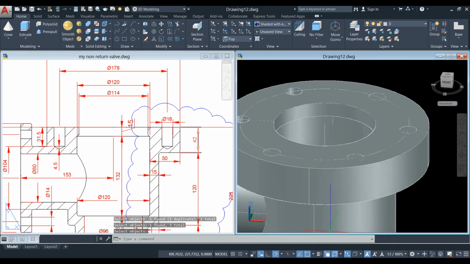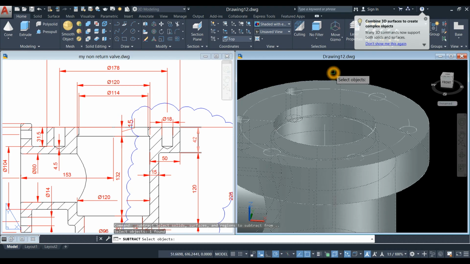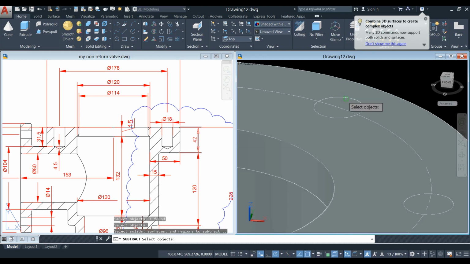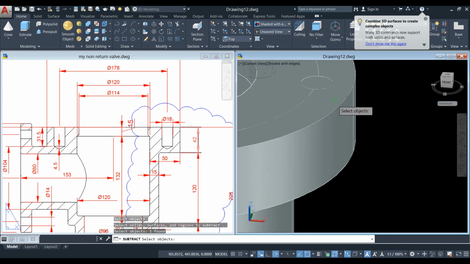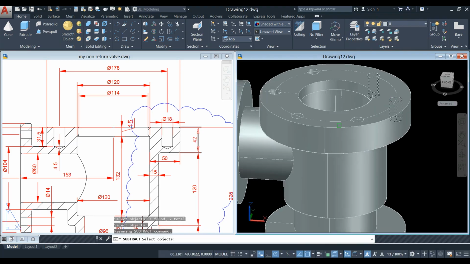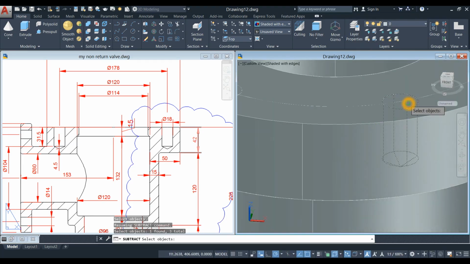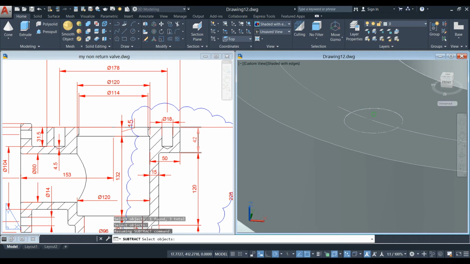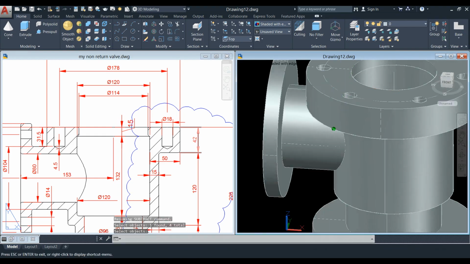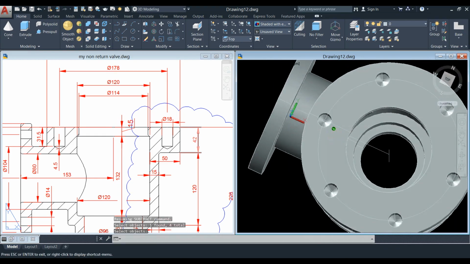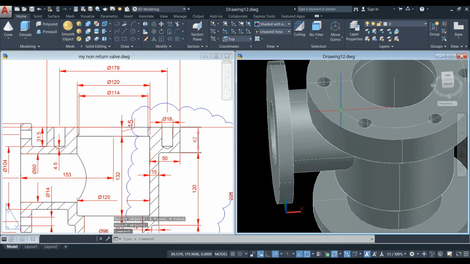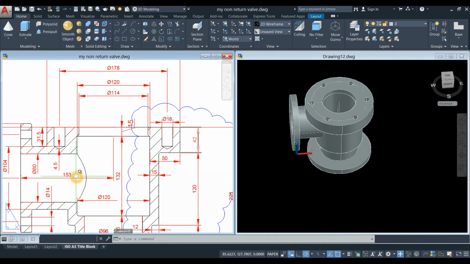Okay, by the way, if this one bothers you, you can turn off the selection cycling. Alright, again, click the object you want to keep, right click, select this object, this one, and next would be